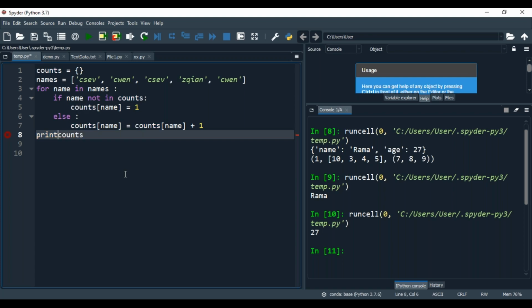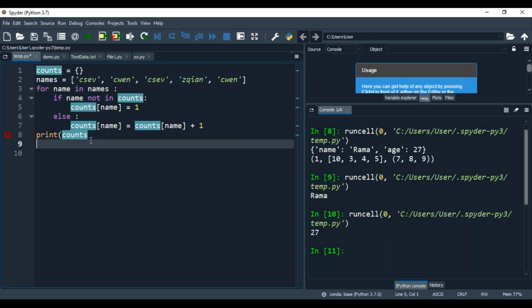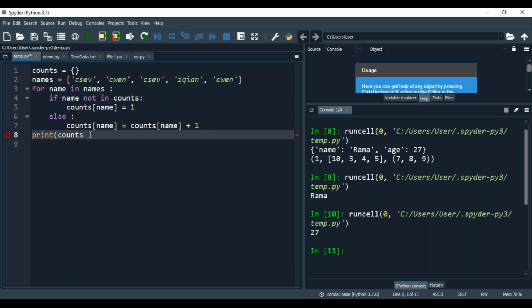See, that shows an error. Some error is showing. See, the error is closed. Now run it.